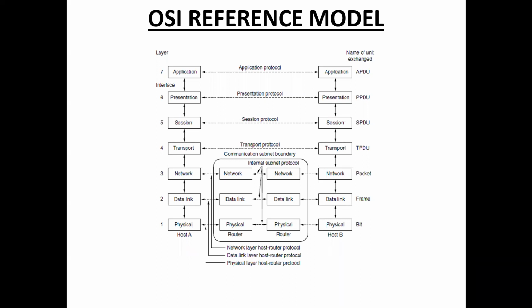The network layer is implemented by network devices called routers. So this is about the network layer. The network layer takes care of packet routing, that is, selection of the shortest path to transmit the packet from host A to host B.